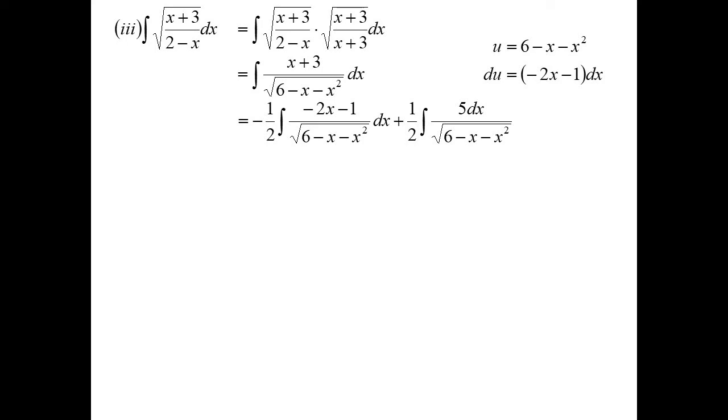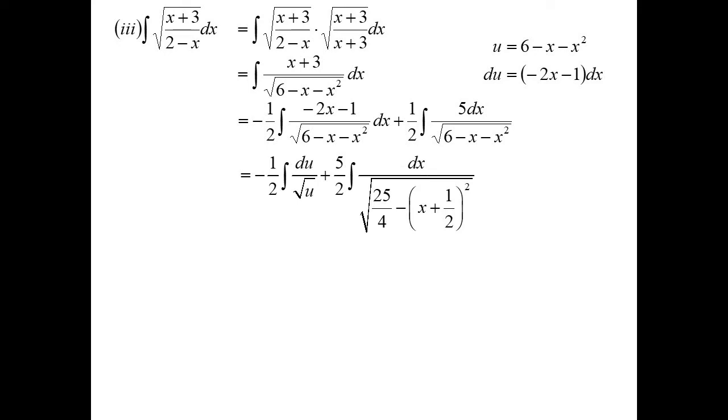The second one we'll do by completing the square. But again, if you forget about the du on root u, u is 6 minus x squared. Du, surprise, surprise, turns out to be minus 2x minus 1. Again, that was the whole point of splitting the fraction up. Now, got to be careful with this one. Completing the square, but it's minus x squared. So therefore I know it's going to be